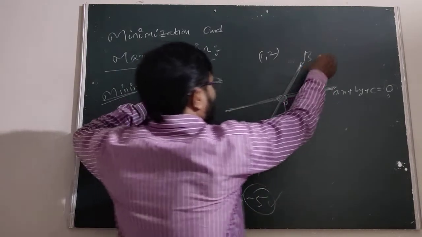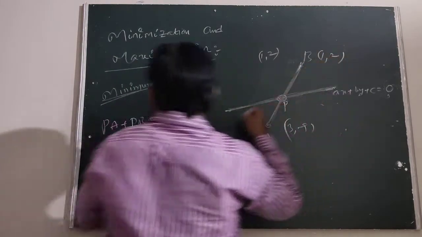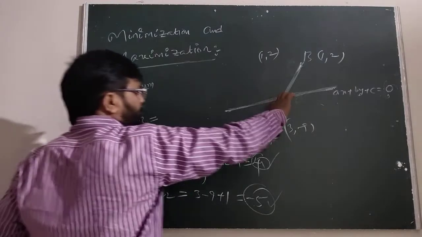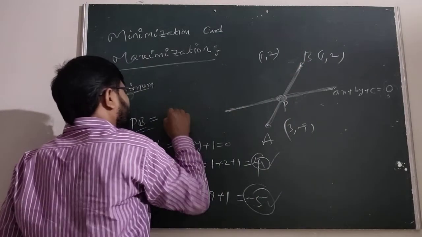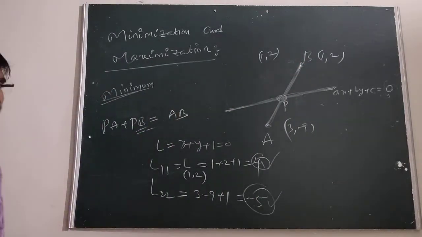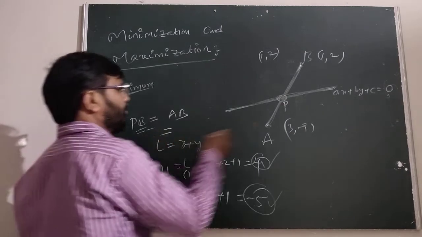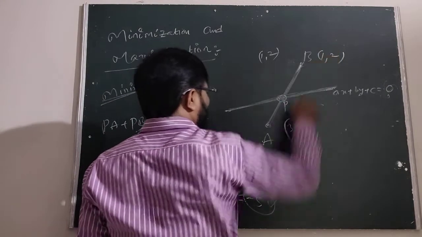That is enough. We have to take the minimum distance PA plus PB. This is the PA. This is the PB. The AB is the minimum distance. Is it clear? The minimum distance is, how to find this: 3 minus 1, and minus 3 minus 2,